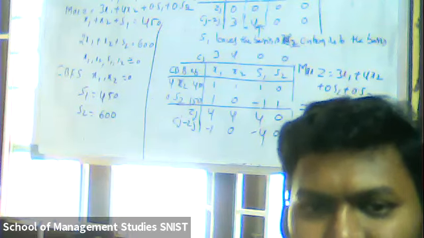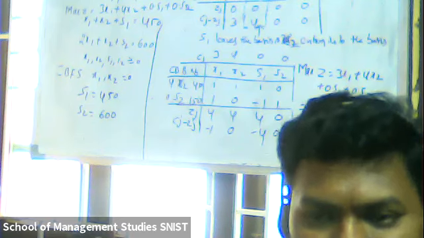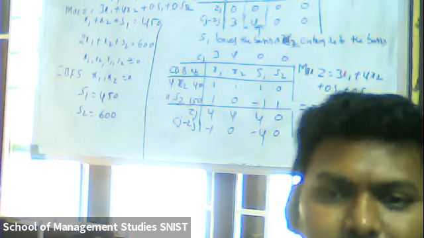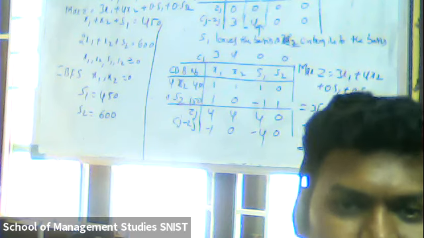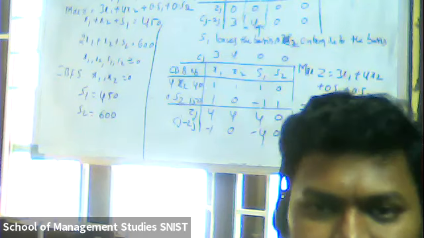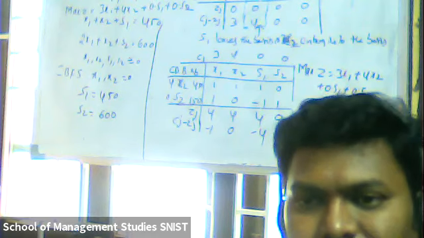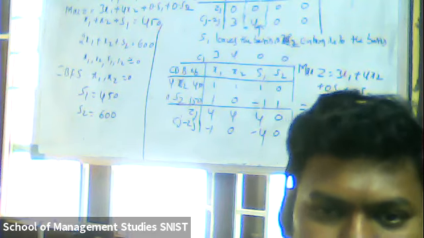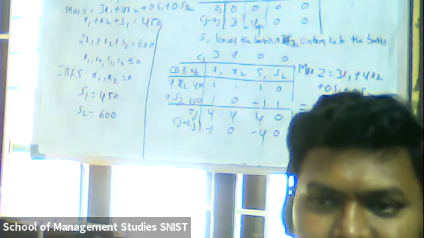Then same procedure. Then again we are going to find out Zj value. Then we'll find Cj minus Zj value. If we get positive, then again same procedure. Which is why it is called iterative method. So remember this word, because sometimes in the examination they may ask you, solve the following problem by using iterative method. Don't get confused, right? Iterative method is also called simplex method. Because we are repeating the same procedure, which is why it is called iterative method.